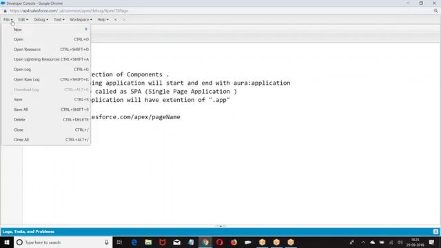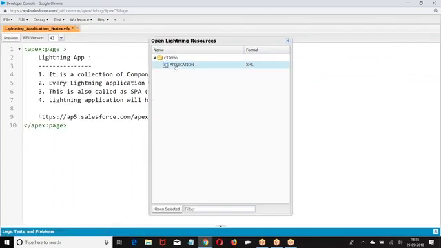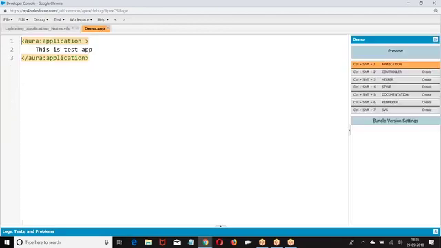Same concept if you are going for lightning. If you want to open a lightning application, what is the URL? Your domain name slash namespace slash page name.